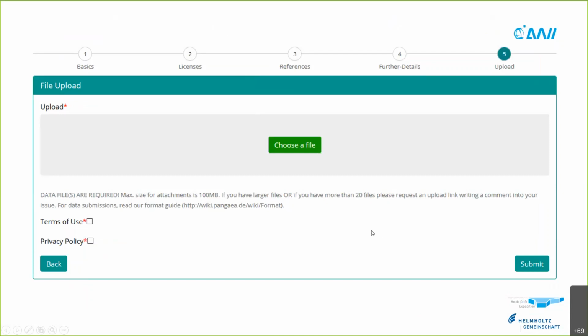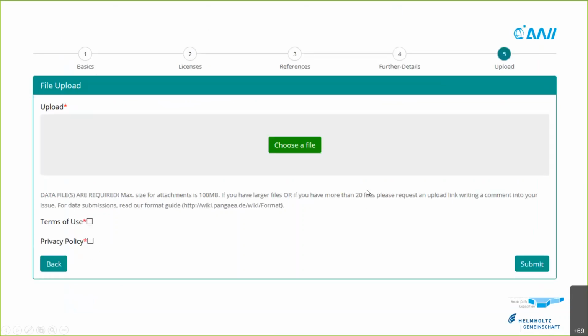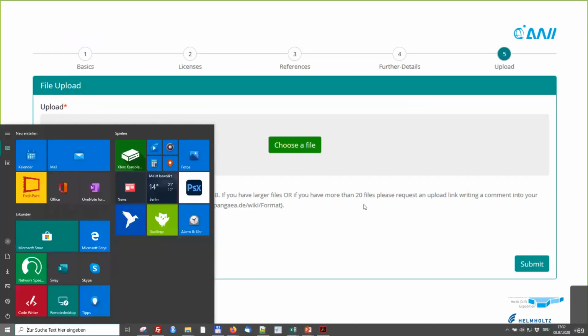And finally, and most importantly, we need your files. If there are many files, more than 20 individual files, or if the attachments are greater than 100 megabytes in total, you can go back and send us a comment that you need an upload link, and we will send you an upload link where you can dump these data.